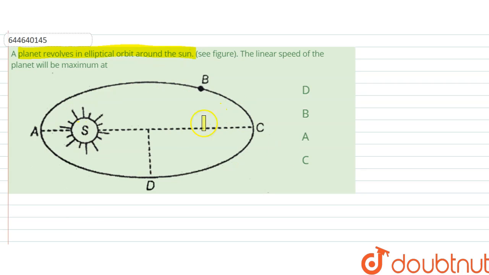Hello, we are given the question, and the question says a planet revolves in elliptical orbit around the sun. So this is the sun and this is the planet. The linear speed of the planet will be maximum at which position? So at which position would it be maximum? Since this is the planet,